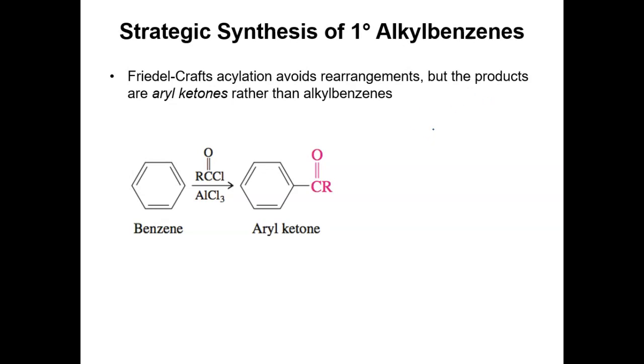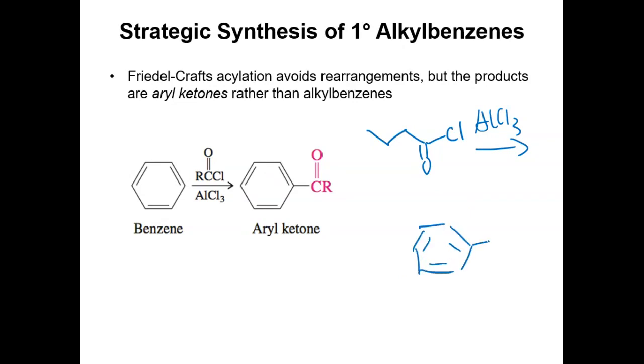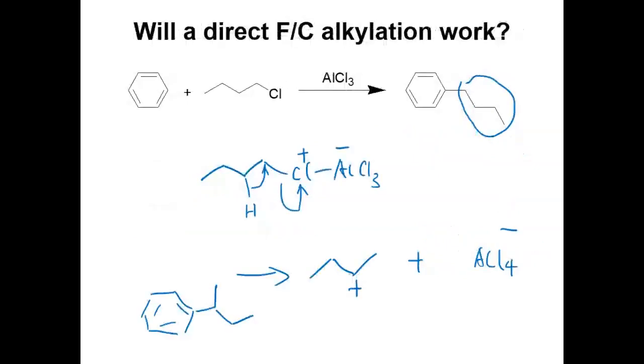In that case, I use this acyl chloride instead of the alkyl halide, with aluminum chloride, and I get this product. The carbon skeleton on the aromatic ring looks okay. It's straight, primary, right? But the problem is what I wanted is